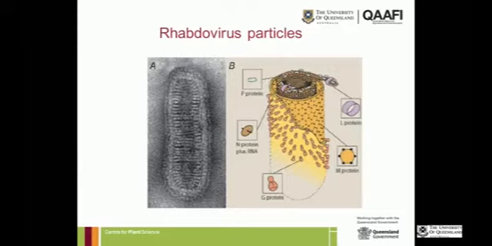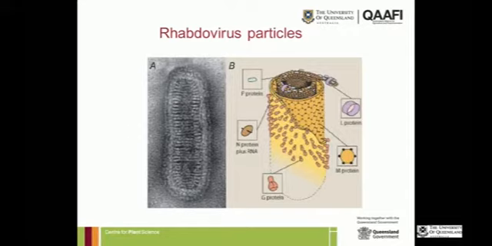Now, rhabdovirus particles, when you look at them more closely, contain 5 different proteins. There's the negative sense RNA, which is very tightly associated with the so-called N protein, which is a nucleoprotein or nucleocapsid protein. There are 2 other proteins that are essential for the virus to start replicating. One is the L protein, the polymerase, and the second one is a phosphoprotein, which is a cofactor. And these 3 proteins, together with the RNA, form what's called the nucleocapsid core,